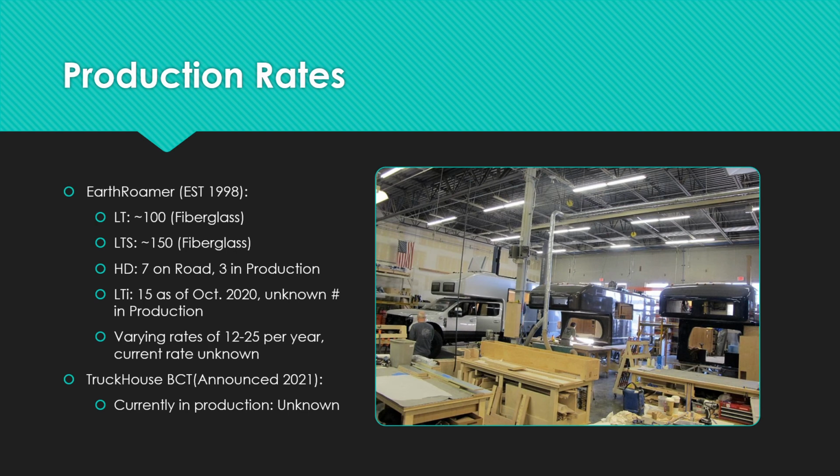The LTI was unveiled in late 2019, and 15 are on the road, and an unknown number are in production. From my research, I found varying rates of 12 to 25 Earthroamers being produced per year. However, the current production rate is unknown. And then with Truckhouse being such a new company, and the BCT being unveiled at the beginning of this year, it is unknown if or how many are currently in production. But I believe they started at the beginning of this year, and hopefully they'll be on the road in no